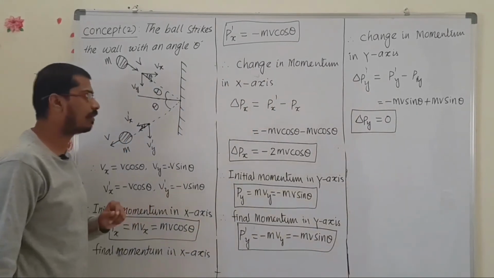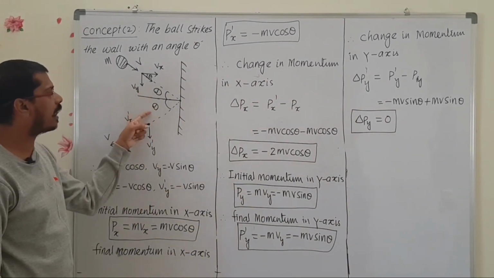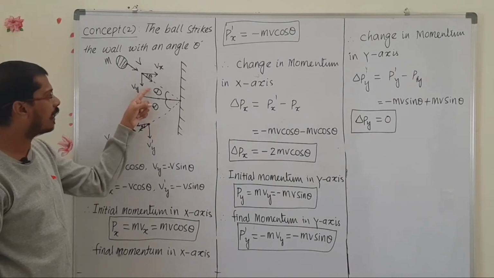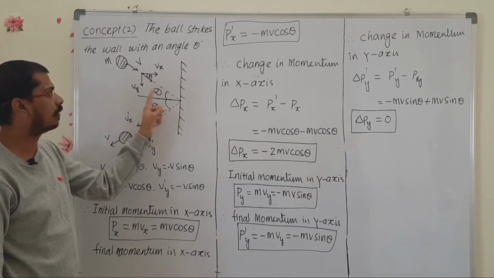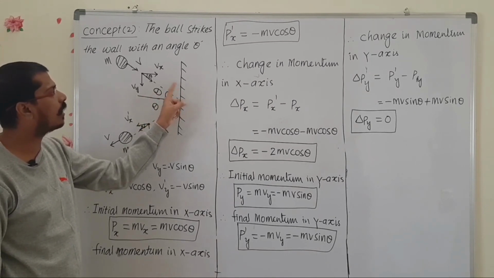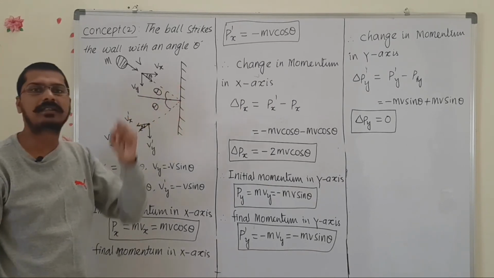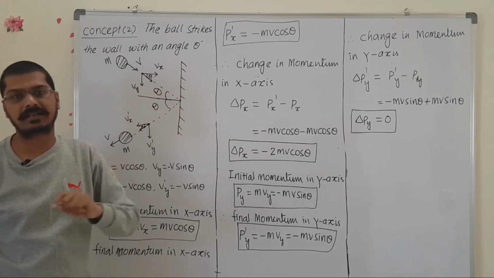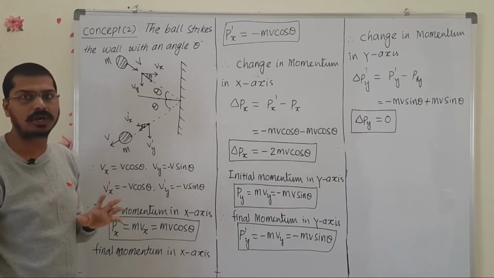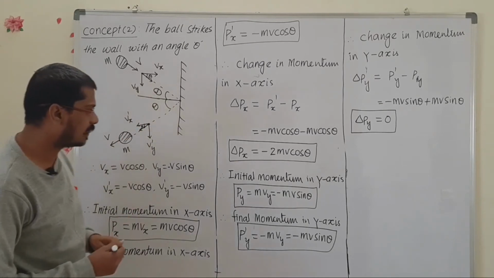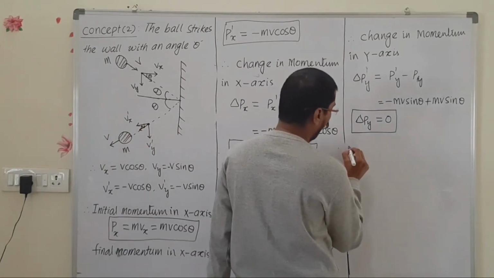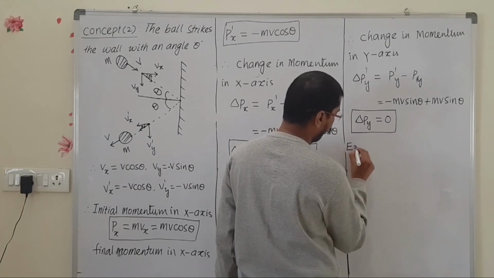And one more thing we have to remember: this is the angle of incidence and angle of reflection. If it is the angle of incidence and angle of reflection, that's why the theta should be here. No need to take the theta here. Whenever we take the theta here, we call it the angle of glancing, but we don't want to take the angle of glancing. Angle of reflection we have to consider. Based on this we can find out one sum.